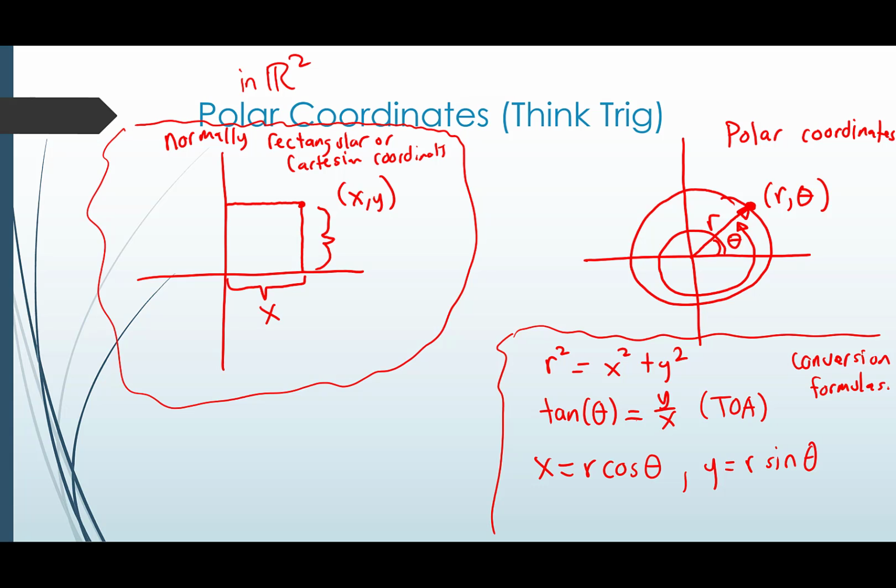Now the reason why I bring up polar coordinates, we are going to see, well, there is a way we can think about complex numbers in terms of polar coordinates. But I want to get you used to the idea that we can think about points in different ways. So in R2, we have two ways that we commonly think about points. We think about them either in rectangular coordinates or in what we call polar coordinates. And the reason why you would pick one over the other just depends on what you're doing.